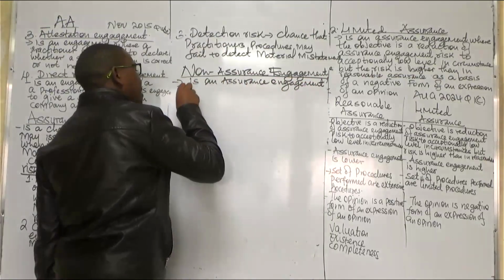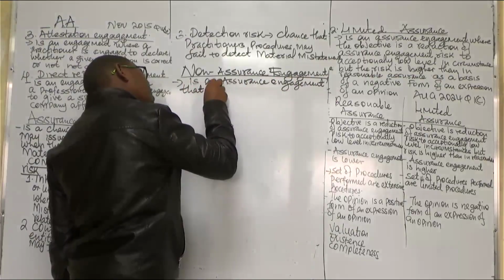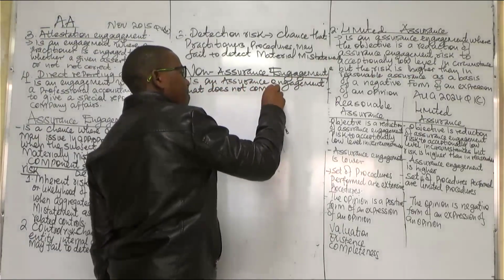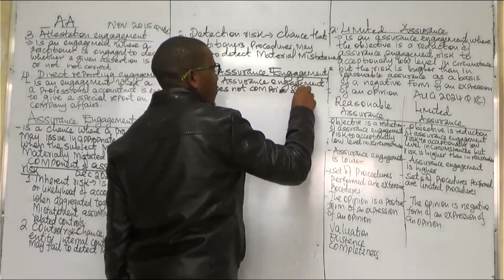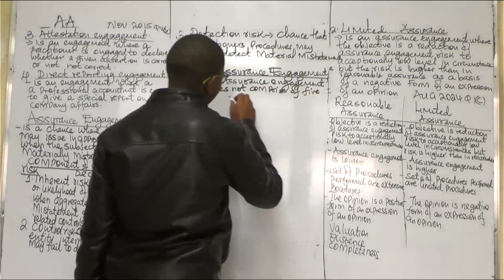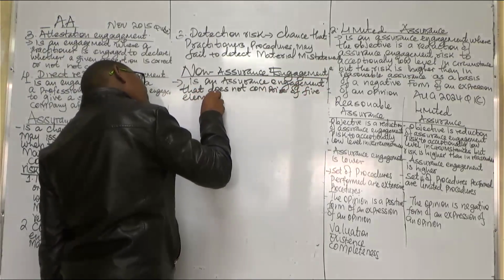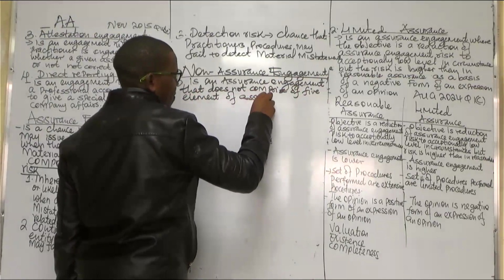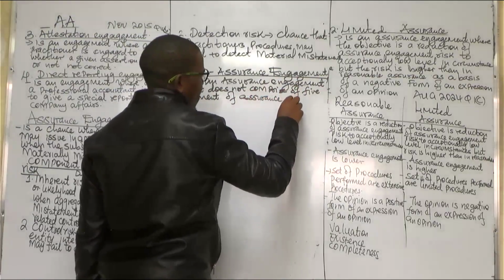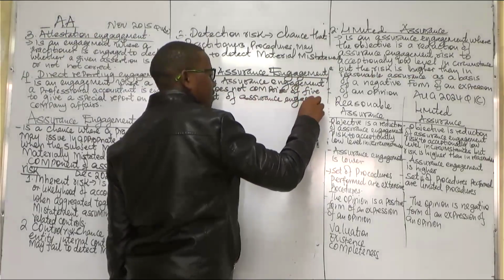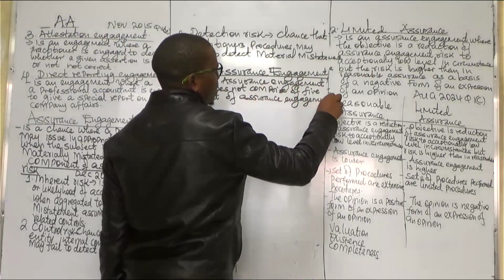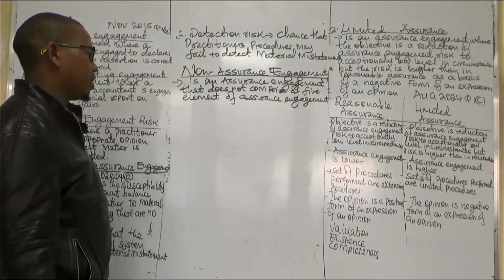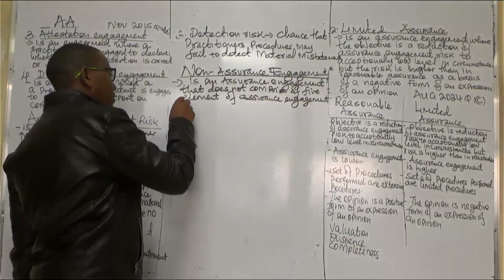A non-assurance engagement is an engagement that does not comprise the five elements of assurance engagement. Generally, we talk of them as special audit related services. They include: